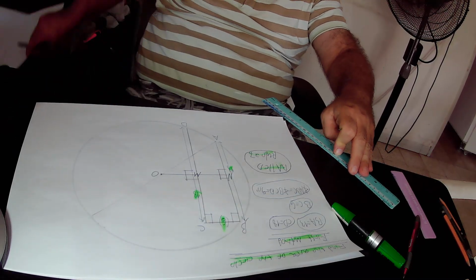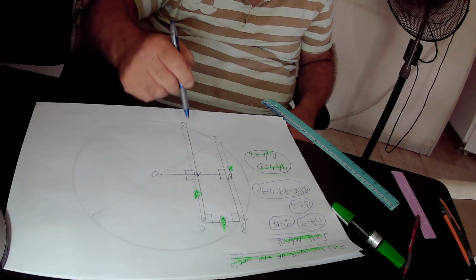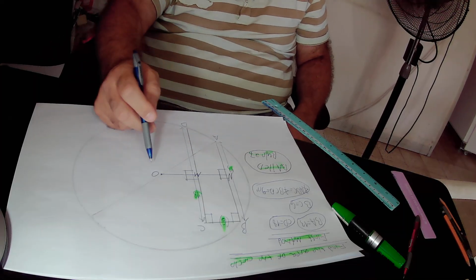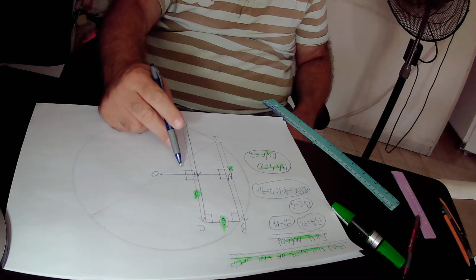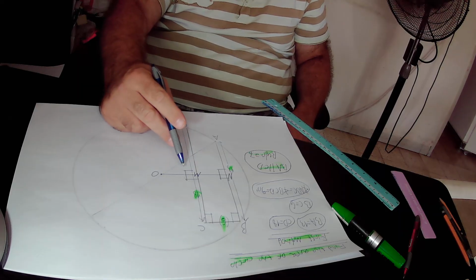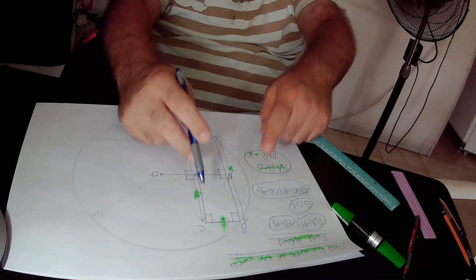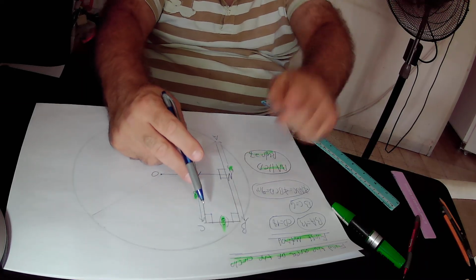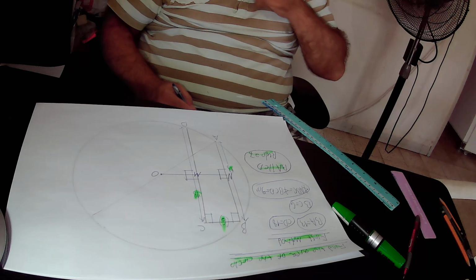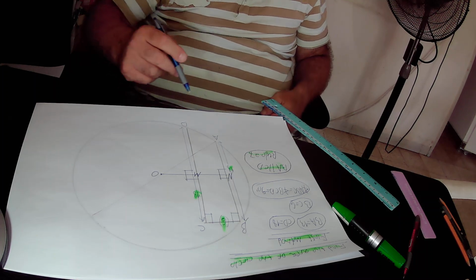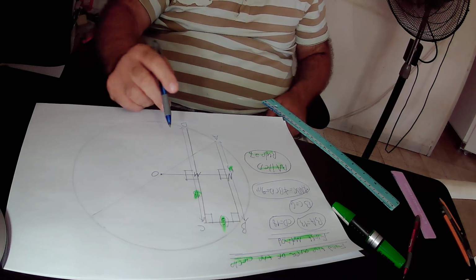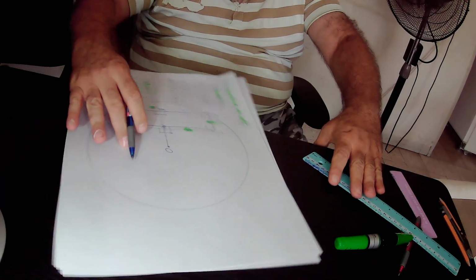So here we have CD parallel to BA, and therefore the perpendicular to CD, the extended perpendicular OM, must also be perpendicular to BA, because those two line segments are parallel to each other. So by doing this construction, you get the idea. For the other